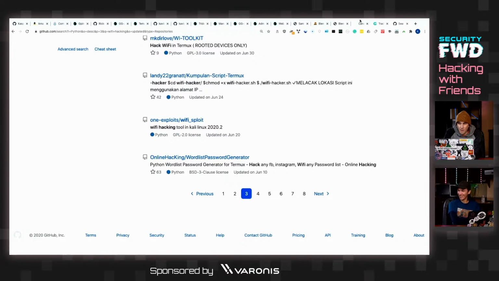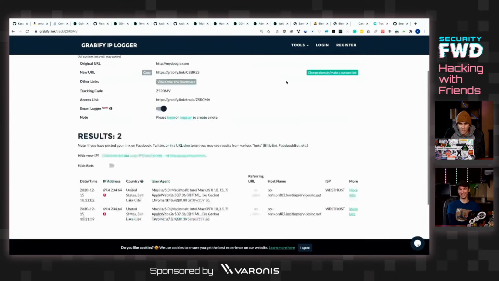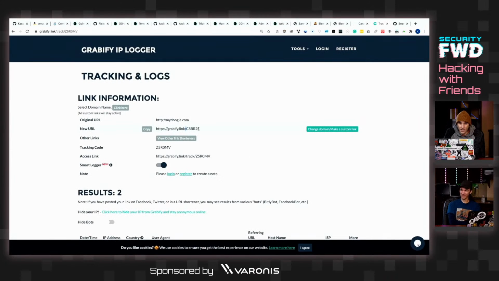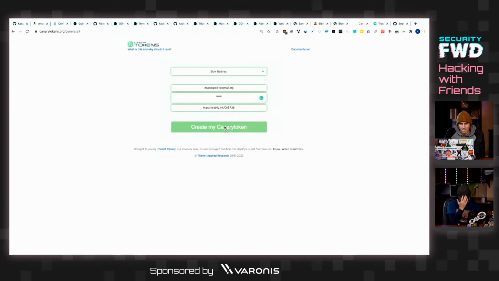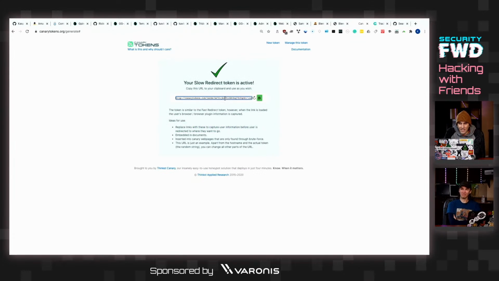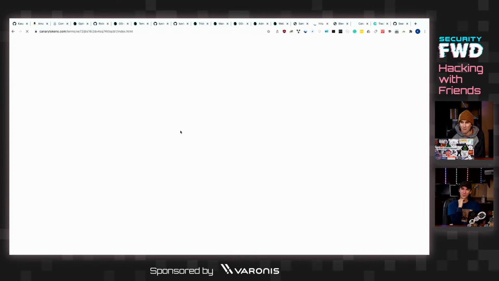Yeah, if you think that's meta, wait until I redirect it back to the token I created here. So now I'm just going to take this token and then pass our canary token through this token, which then goes back to mydougal.com. It's a big Dougal loop. All right, so now we're gonna take this. We're gonna go here. All roads lead back to MyDougal. So we're gonna go through the canary token, which then goes through the Grabify link, and then back to